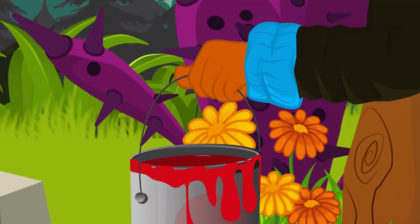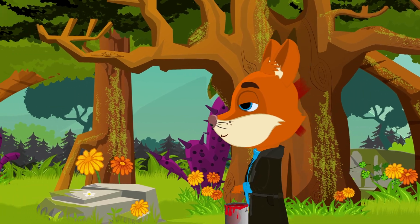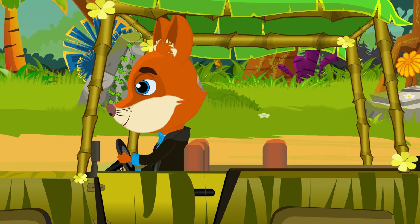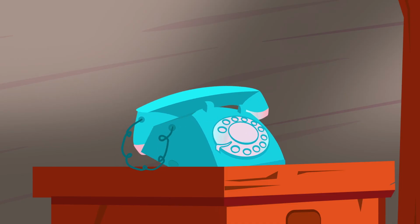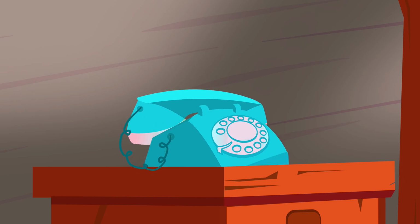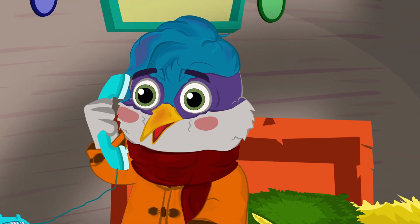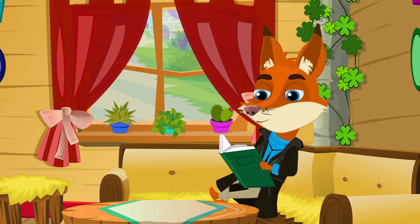Immediately, Mr. Fox took a paint bucket. He wanted to mark the tree, so he wouldn't forget which one it was. After that, he got into his car and drove off. When he got home, he called Woody to tell him that he had found the perfect solution to his problem. It only took a few minutes before...